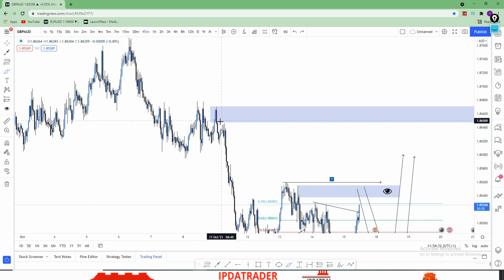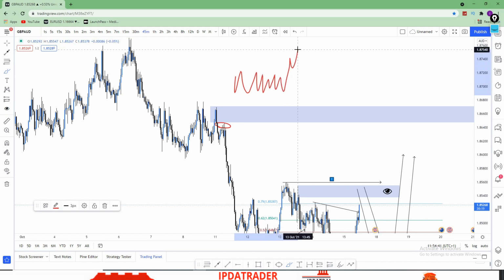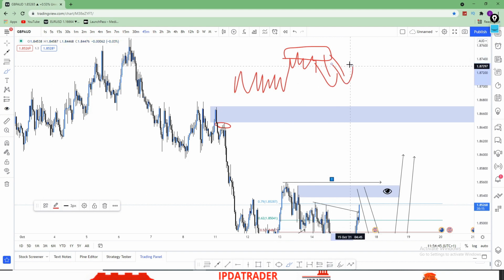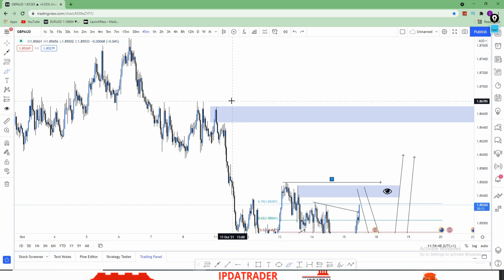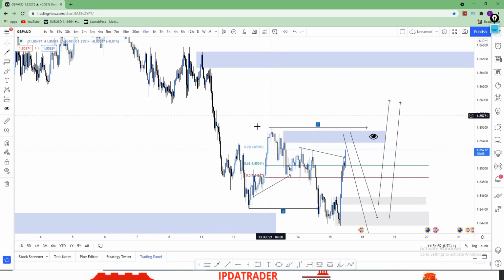What do we see also? We see liquidity over here. We see relative equal highs, which on a lower time frame probably will look something like this, where you have a resistance where people are probably going to be trying selling that, right? So I would actually wait for this POI over here if I want to continue sells once we break this